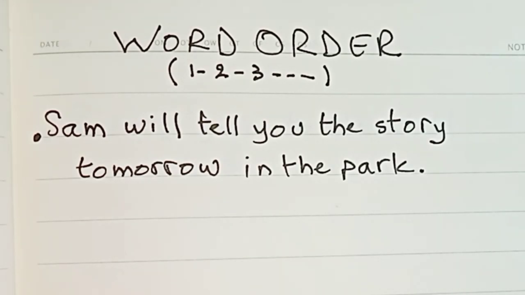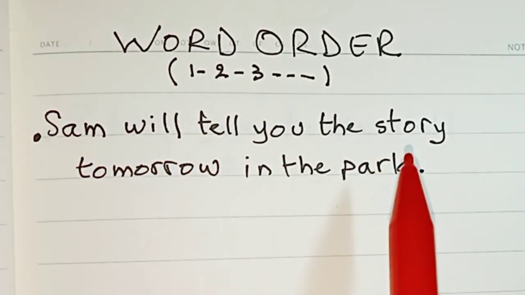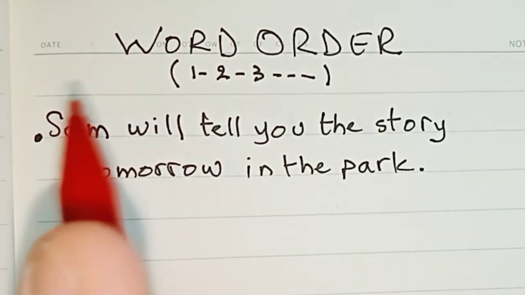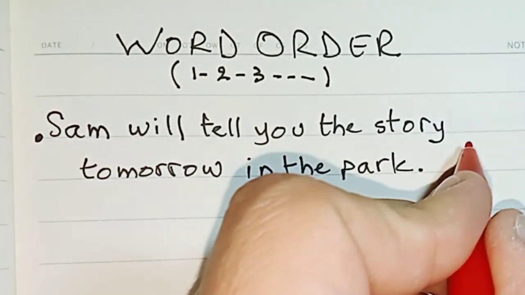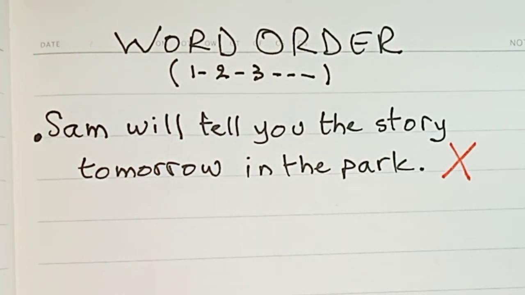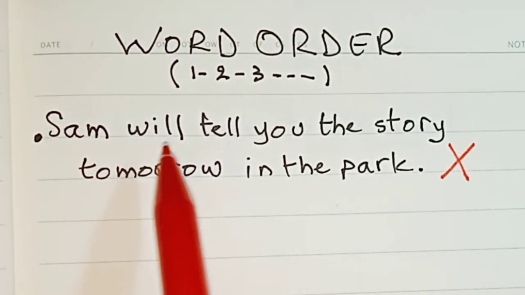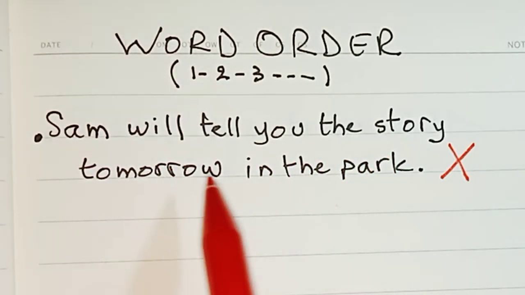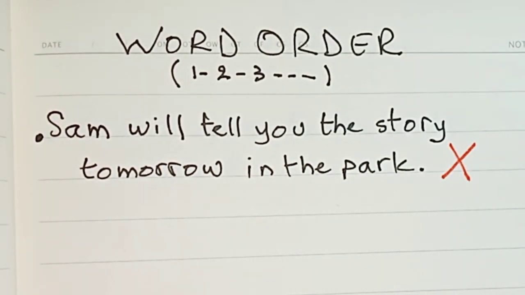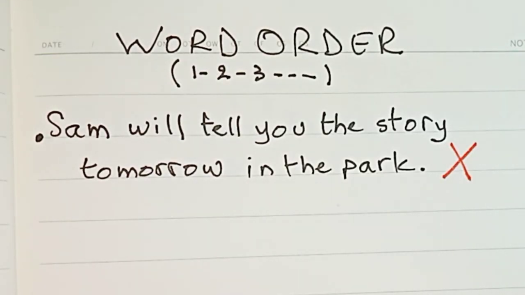Will you believe me if I tell you this sentence is wrong? Read it. Where's the mistake? This is wrong. Guess why? Let's read the sentence. Sam will tell you the story tomorrow in the park. Why is it wrong? Because the word order should be